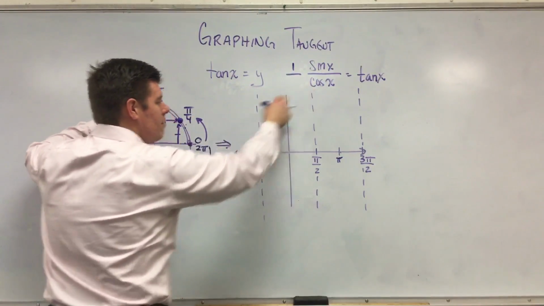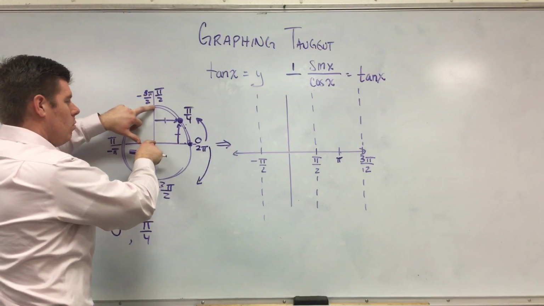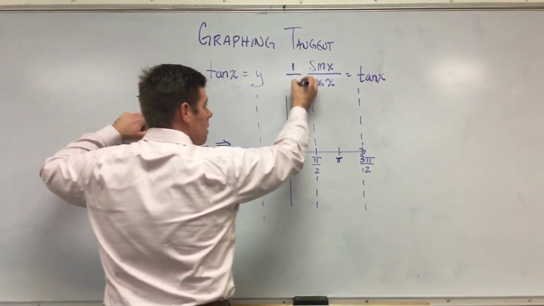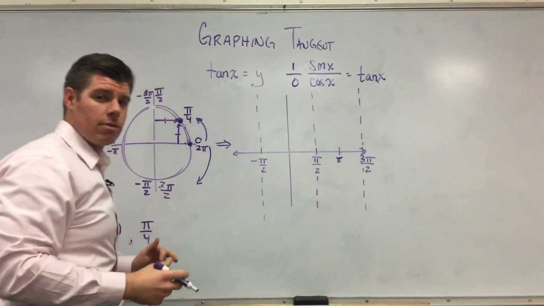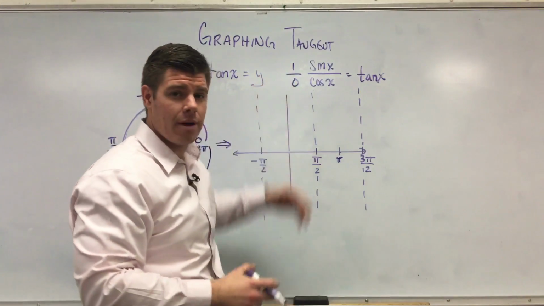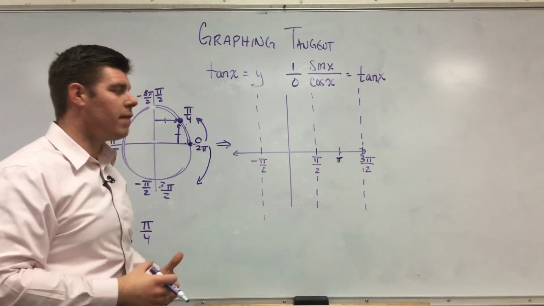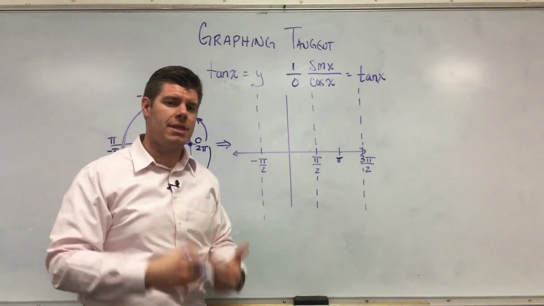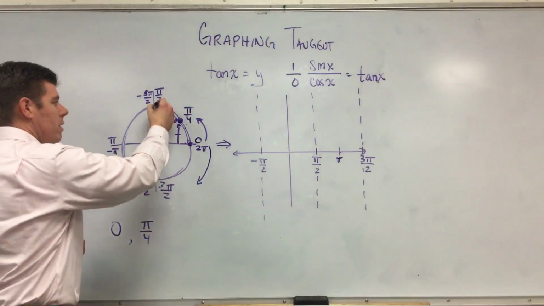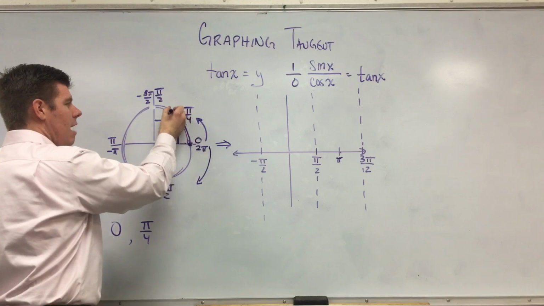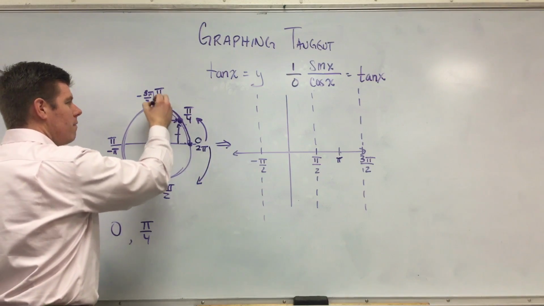But cosine, remember, is a measurement of how far away you are from the y-axis. And here I have a displacement of 0. So this now creates a problem. You now have a fraction with 0 in the denominator, and for years you've learned that that's undefined. So if I have an undefined value, it means that I can never have a point, okay? So if I'm thinking about ratio and tangent, I can never travel along the circle, and I can never actually